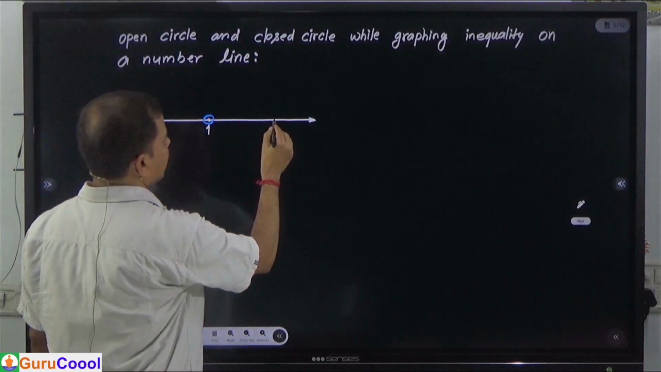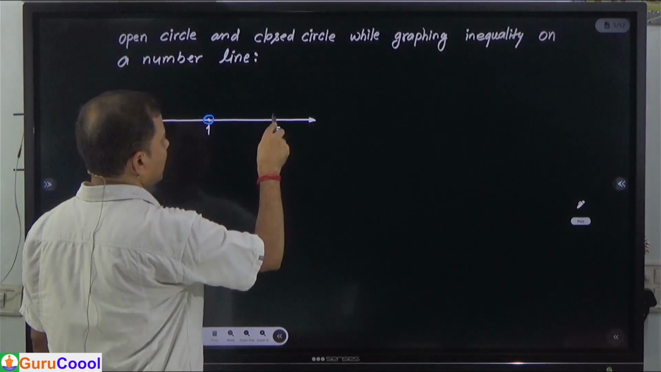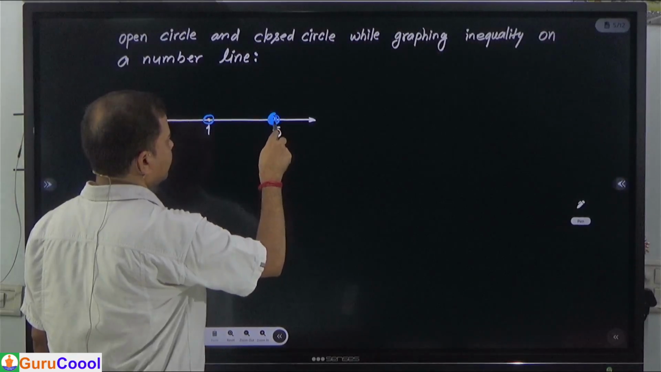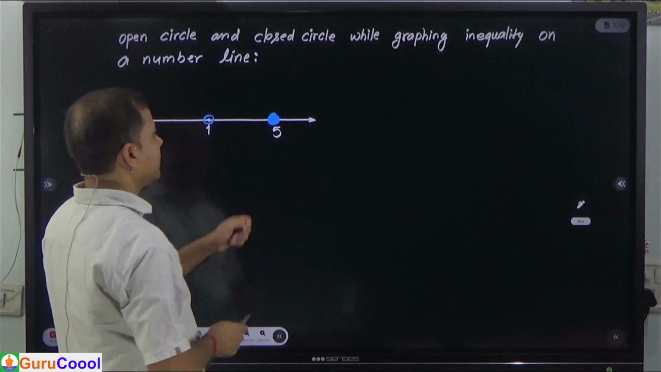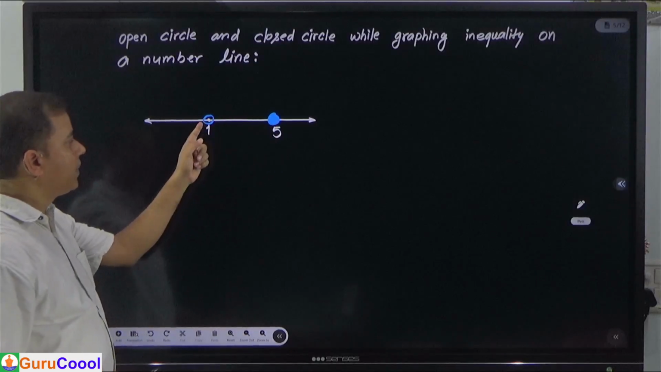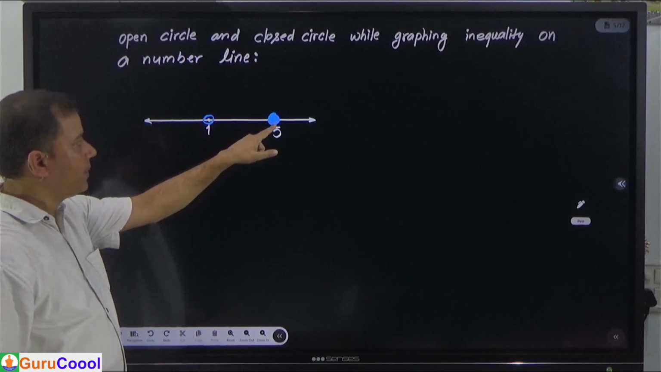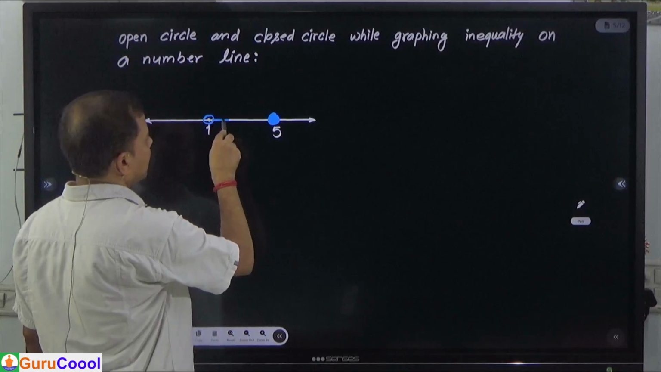And let's say here is a number 5. Here also we make a circle, and this time we color it. So what is the difference? This is called closed circle. This is called open circle. Not colored means open circle. Colored means closed circle. And if we color the line as well,